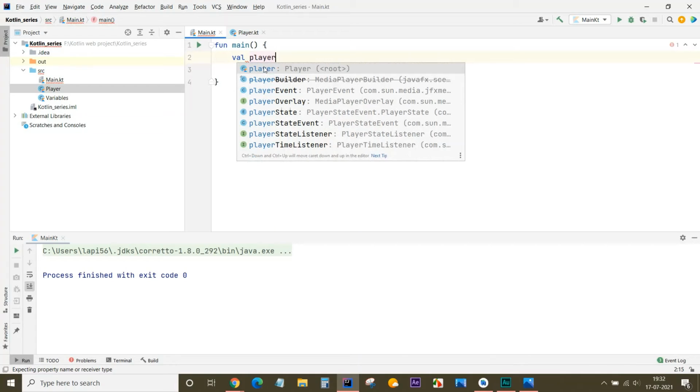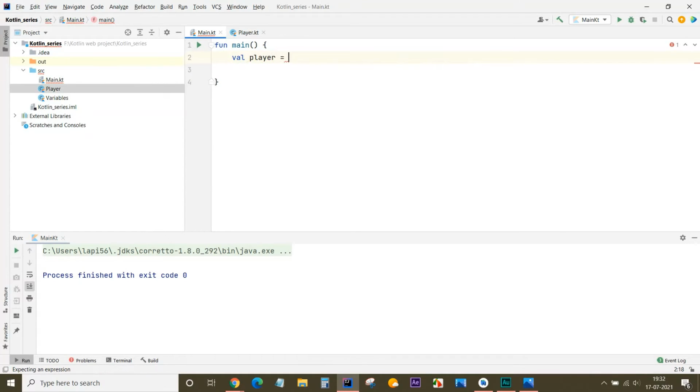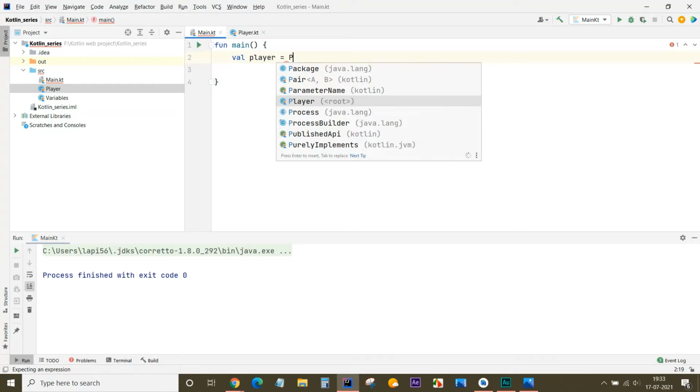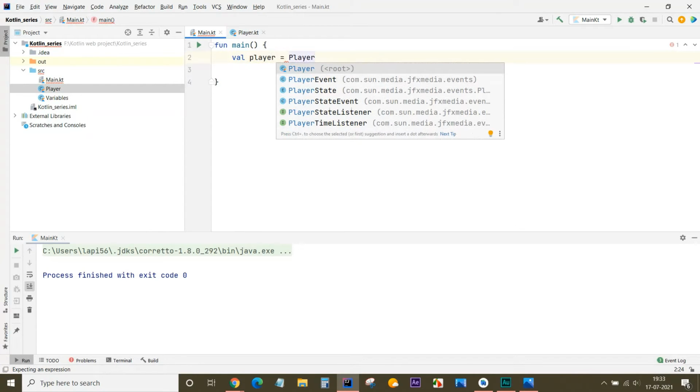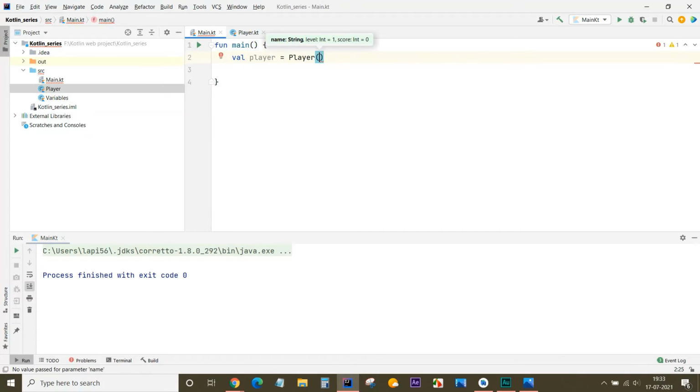So val player, we are instantiating its values: Player, and name. For example, Mohit, we are adding Mohit, level 1, score 0. Okay, we have initialized values for this Player class.